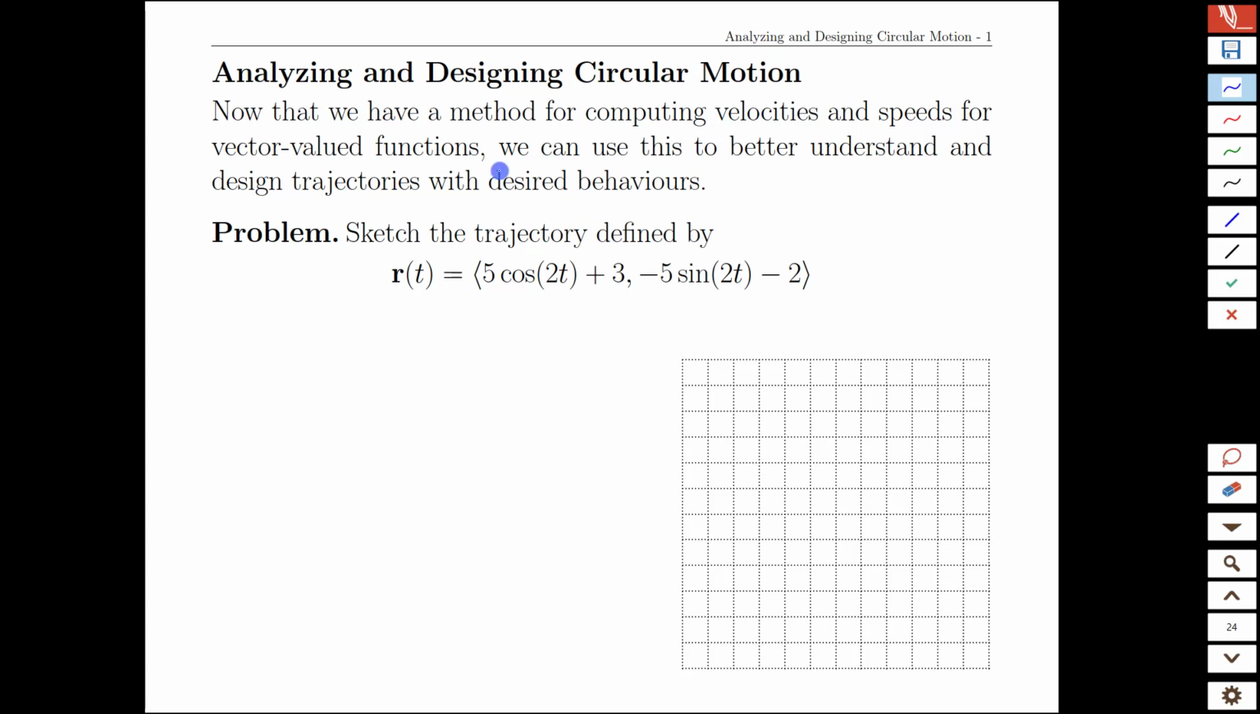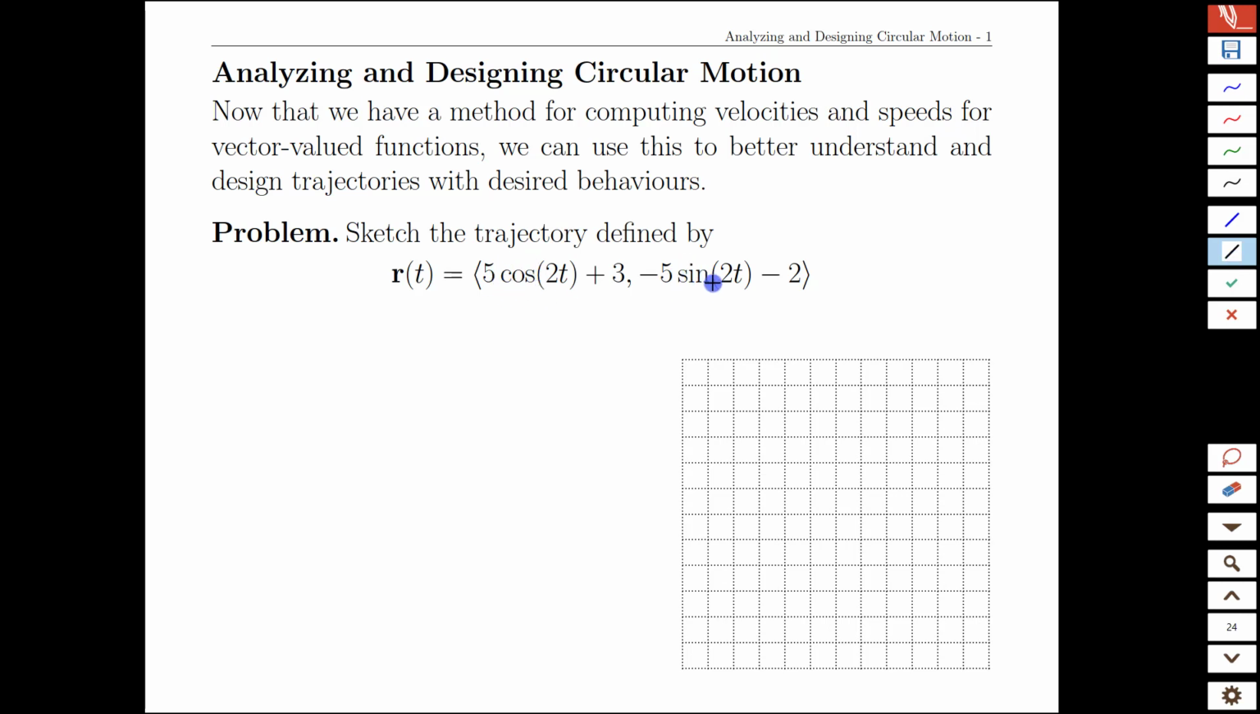In this video, we're going to take a deeper dive into looking at circular motion, and this has tie-ins to a lot of physics formulas. When you look at uniform speed circular motion, we're going to look at it from a vector valued function approach here though. Let's start by sketching a graph of this function here,